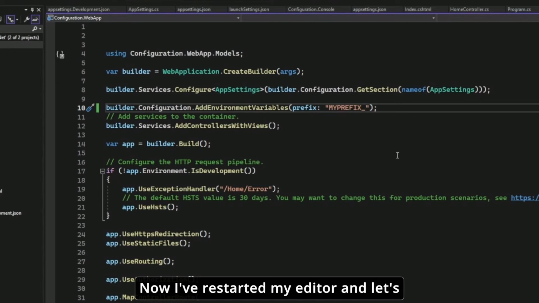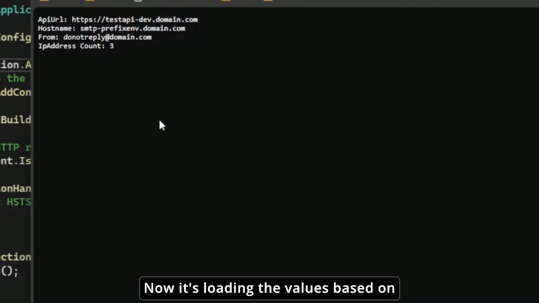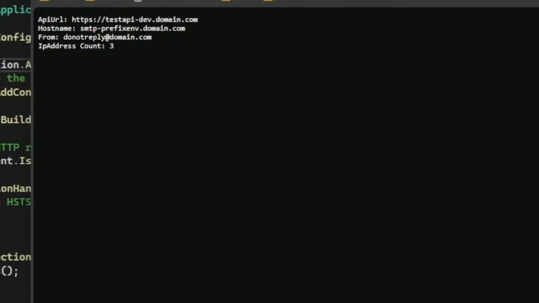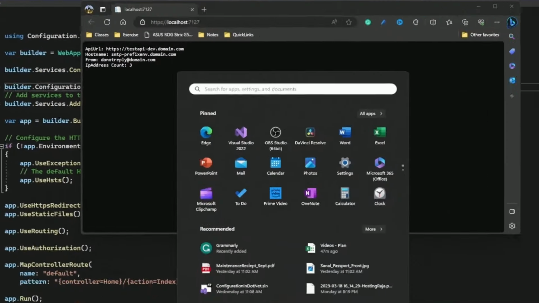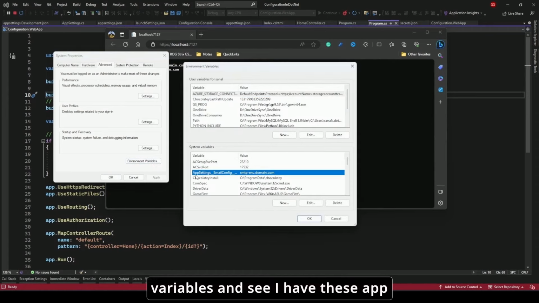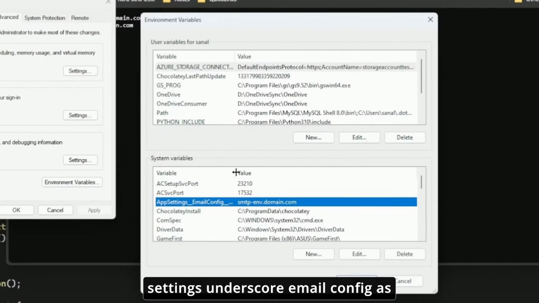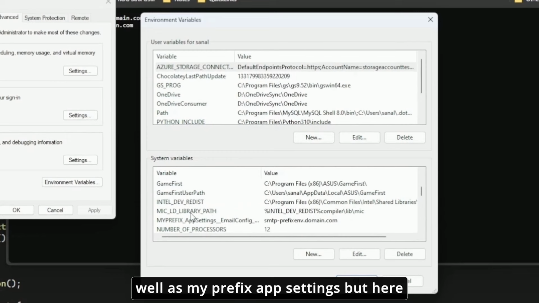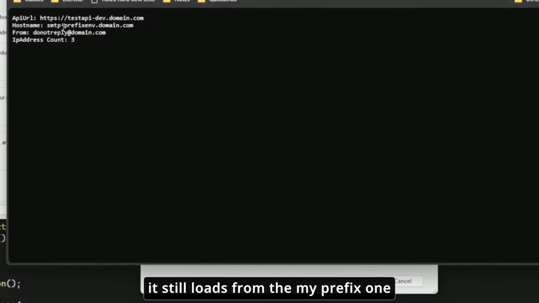Now I've restarted my editor, and let's run and see what we get. Now it's loading the values based on the prefix which I added for my environment values. If we come and check these environment variables, I have the AppSettings underscore EmailConfig as well as my prefixed AppSettings, but here it still loads from the prefixed one